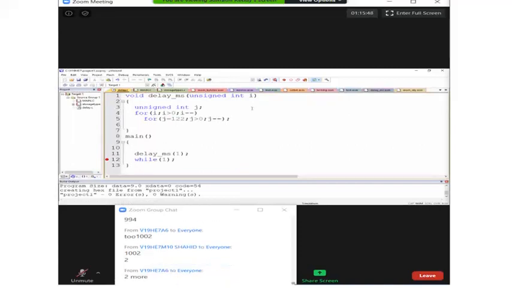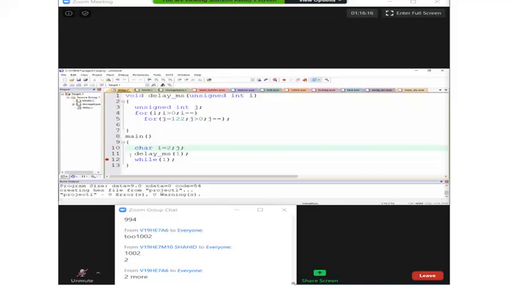And why I'm telling you go with at least approximate, because getting all the time exact time delay in embedded C is not possible without timers. Without timers, getting exact time delay is not possible in embedded C. The only reason behind this is, I'll show you here. Let me take some value into this.